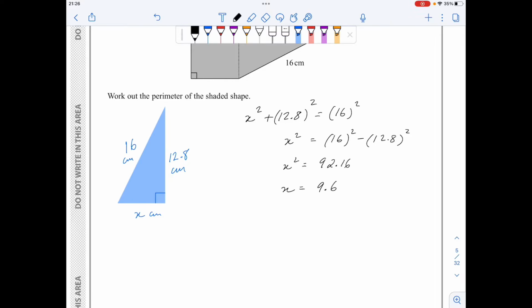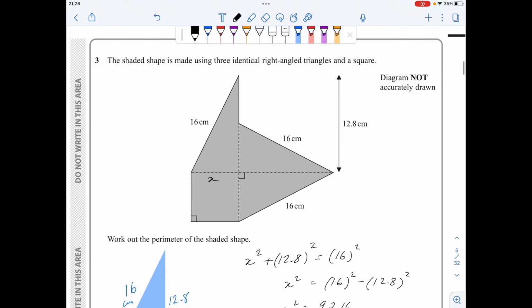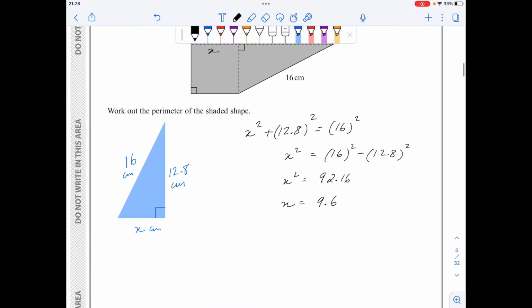9.6. Hence, if I want to find this distance here, let's call this y. All I need to do is subtract x from 12.8. So y equals 12.8 minus x. That's 12.8 minus 9.6, which comes out to be